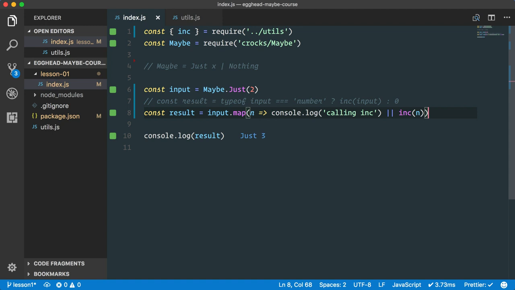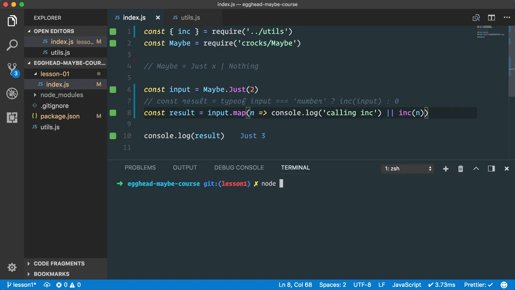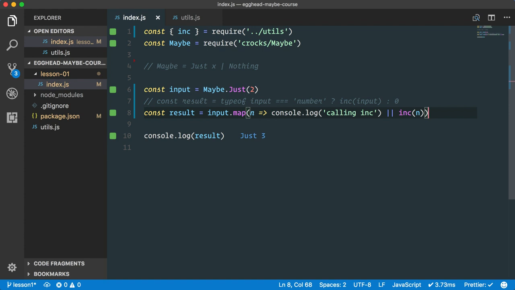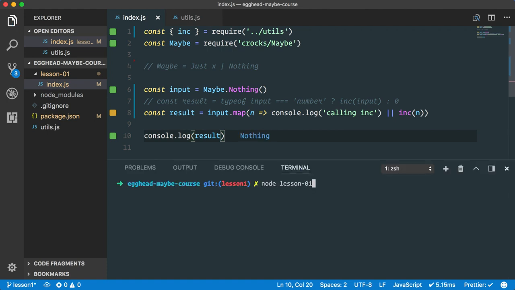So I'm going to save this, and then in the terminal, I'm just going to run this by pointing to my folder with Node, and we'll see that it's calling inc, and then we get our result. So now that we have this logging code in place, let's see what happens if we change our input, and instead of passing it a Just of 2, we pass it a Nothing. The Nothing constructor is going to get no value because it represents nothing. And we'll see down here our result is a Nothing. And if we save this file and then we run this in the terminal, we'll see that we're going to get our Nothing back. We didn't get our console log for calling inc because it actually just skipped